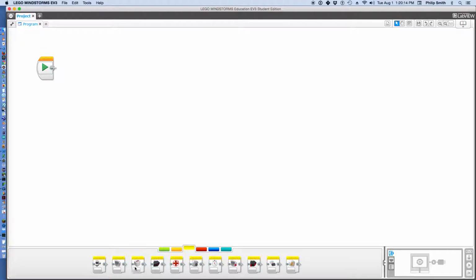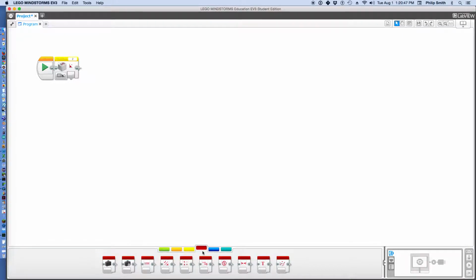So one of my favorite sensors is the gyro sensor. The only problem with it is that when you start it spinning, let's say, you can just keep going up forever and ever until you get to something absurd like 9,765, right? And you can't do much with that number. It's very hard to keep track of exactly how much you've spun throughout your entire program and be able to use that number. So I like to